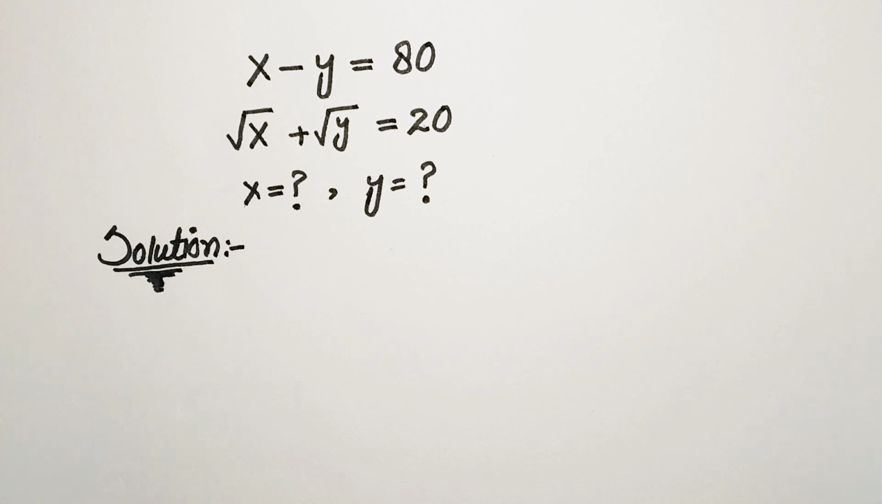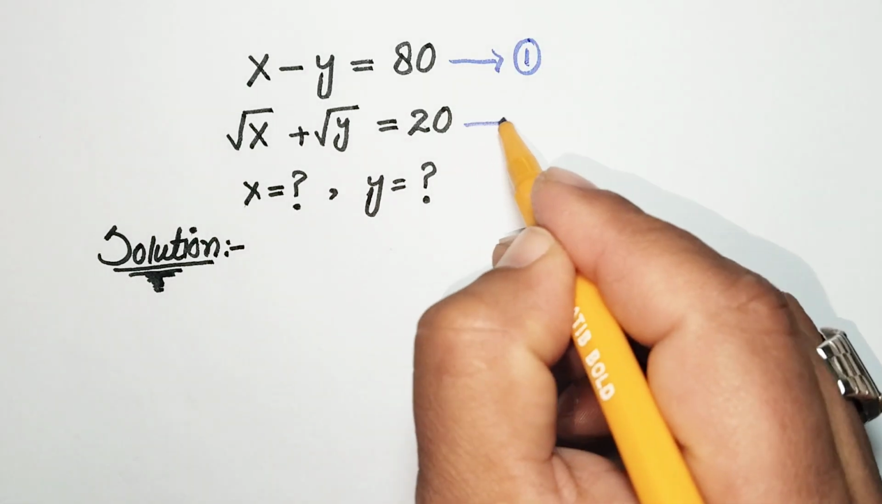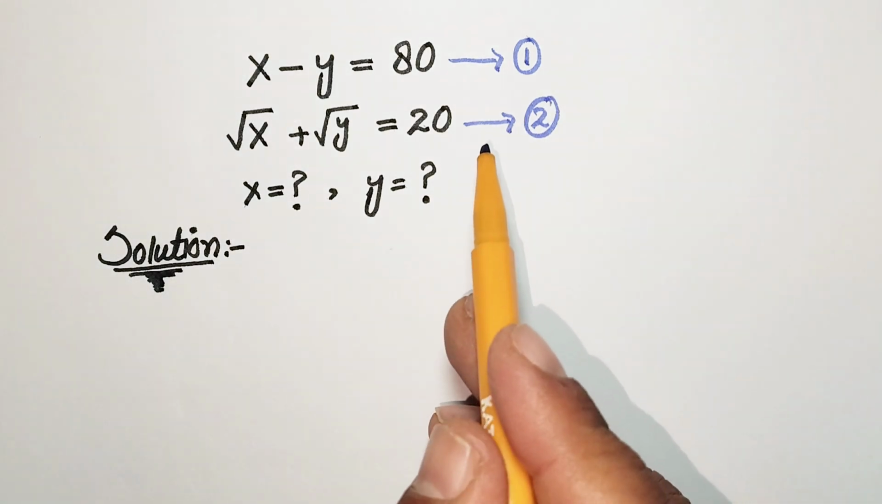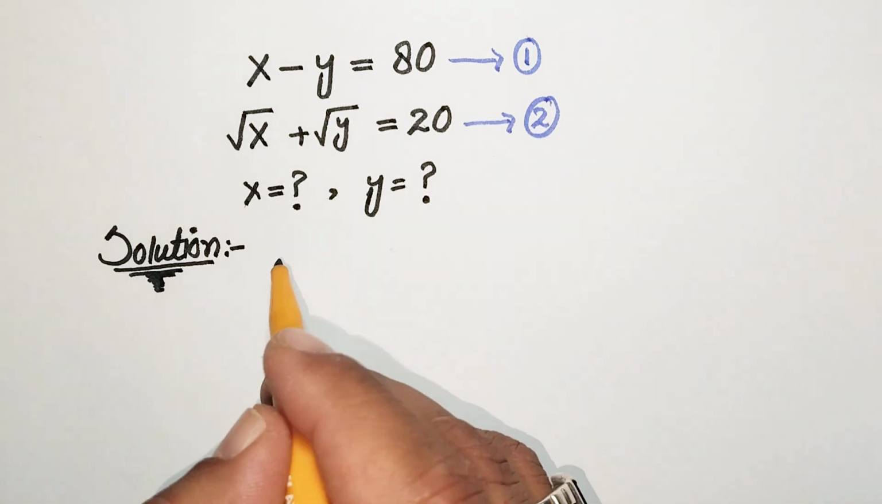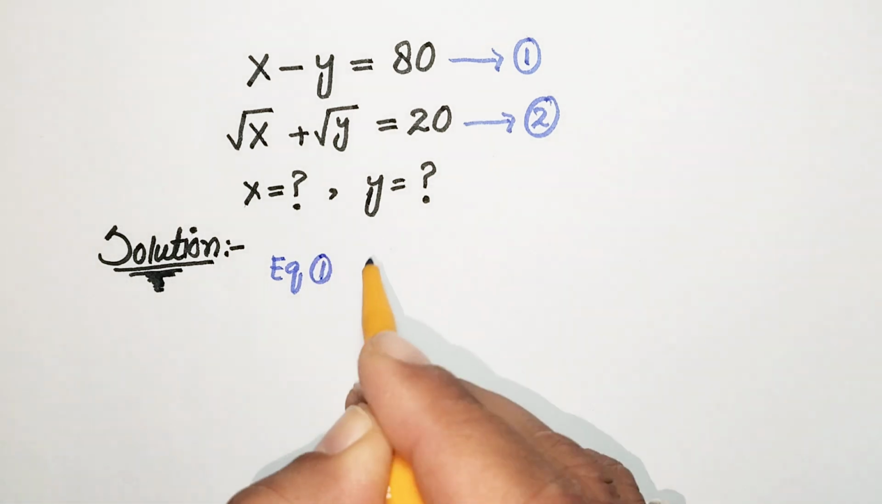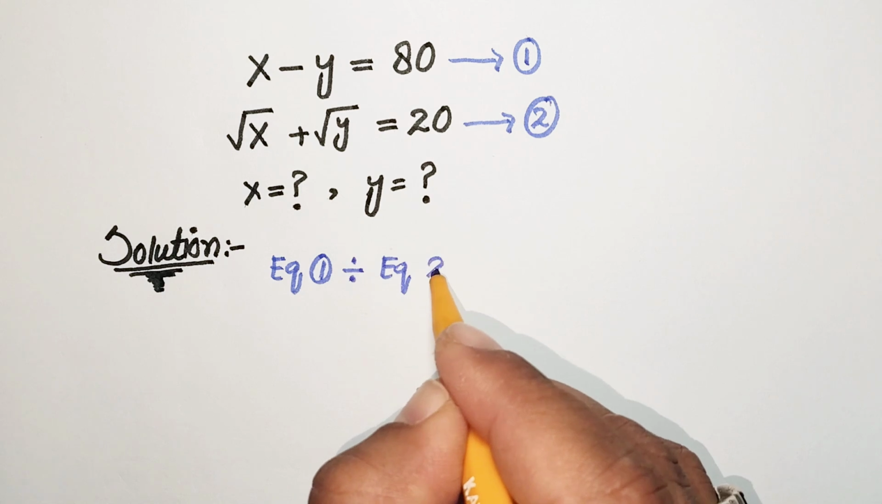So now first of all we are going to write this. It is our equation 1 and similarly it is our equation 2. So now we have to divide equation 1 by equation 2, so we write here that dividing equation 1 by equation 2, then we have